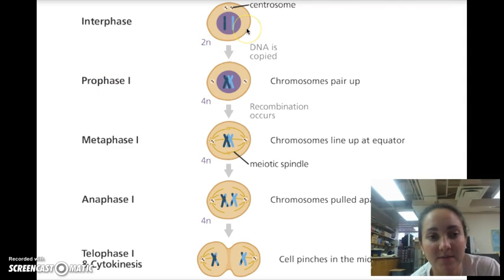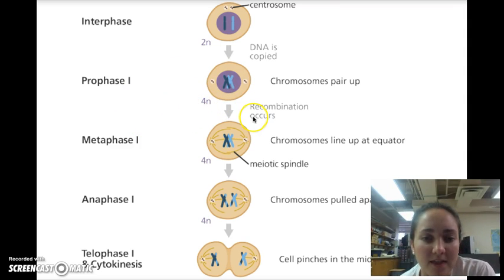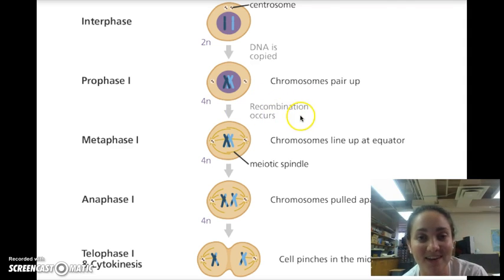In interphase, they double, so instead of just having 46, you have 92. Instead of just having a version from your mom and a version from your dad, now you have a version from your mom copied, and then a version from your dad copied. So that's where you see this 4N over here. This word recombination, we're not going to worry about right now. We're going to cover that in class and just work on a couple activities because that's kind of a hard